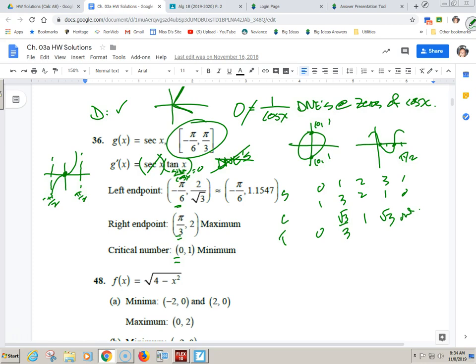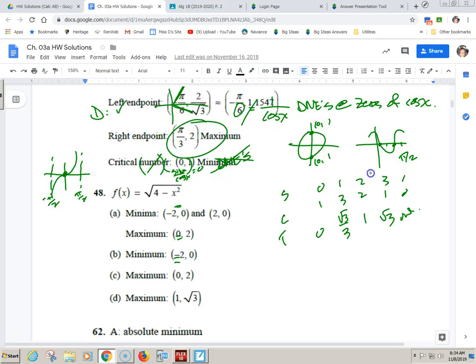So anyway, plugging in, you end up with that guy's decimal is unit circle flipped upside down. That guy's unit circle flipped upside down. And then plug it in, unit circle flipped upside down, because secant is 1 over cosine. What's the lowest? 1. What's the highest? 2. That guy was in the middle, forget him. So we have our absolute min of 1 at 0, absolute max of 2 at pi over 3.